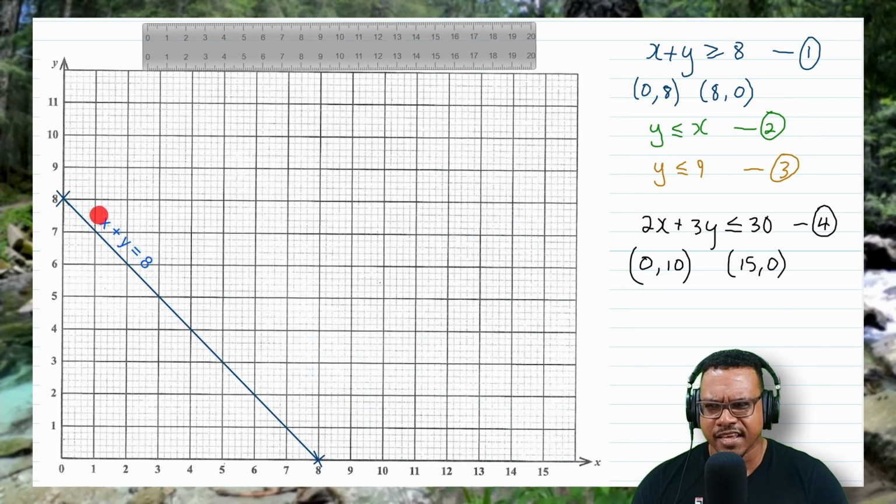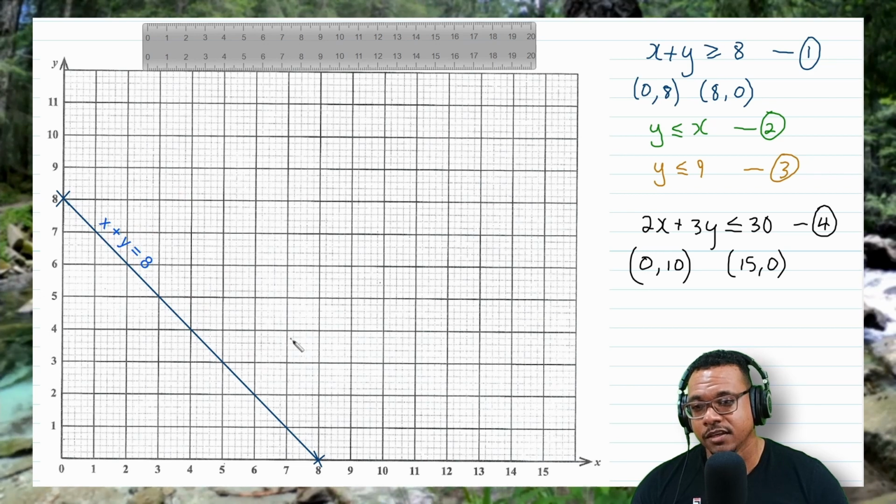And I'm just labeling this line as x plus y is equal to 8, so you know which line it refers to. But for the inequality, we have x plus y is greater than or equal to 8. Now, greater than or equal to 8 will be shading above the line. All right? Now, because we have 4 inequalities, and we have to shade the region for all 4, things can